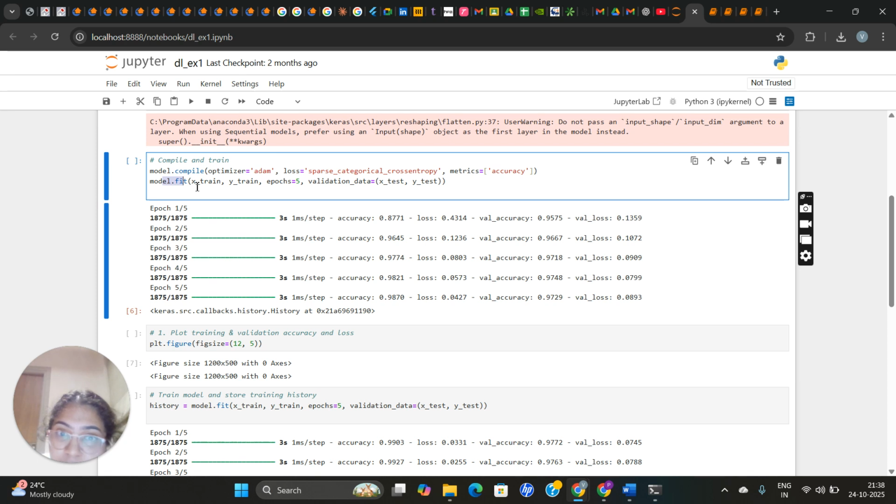For experimenting with different architectures, I'm telling about the future scope. We can experiment with different architectures, like adding more hidden layers or neurons, and we can try Leaky ReLU or ELU. We can use CNNs because they are better for image classification. We can use dropout or L2 regularization, optimization, hyperparameter tuning, and other datasets.